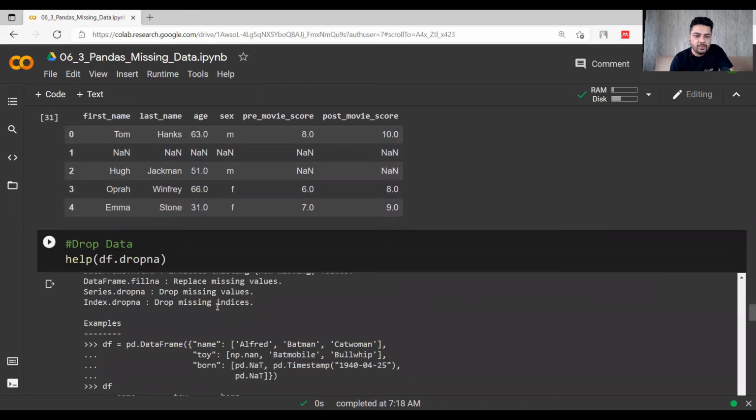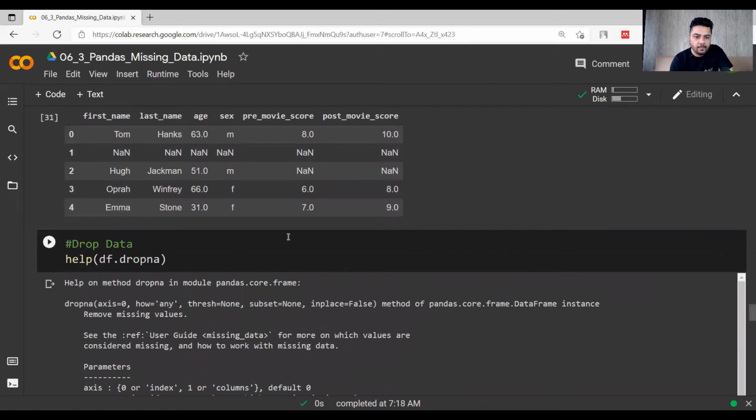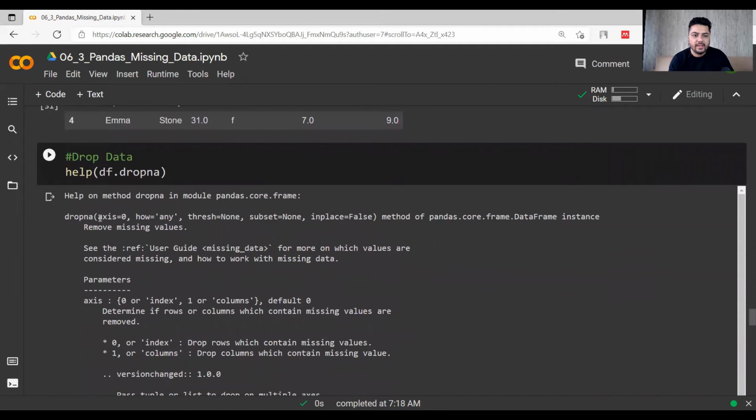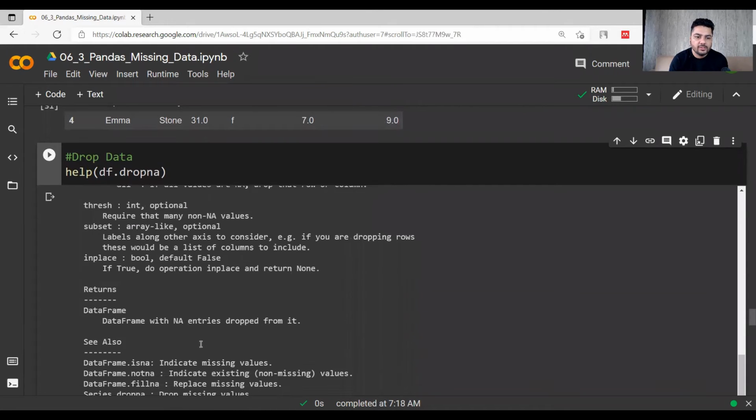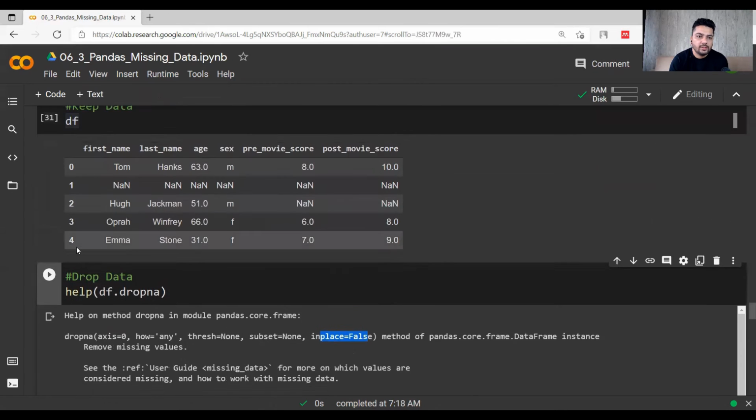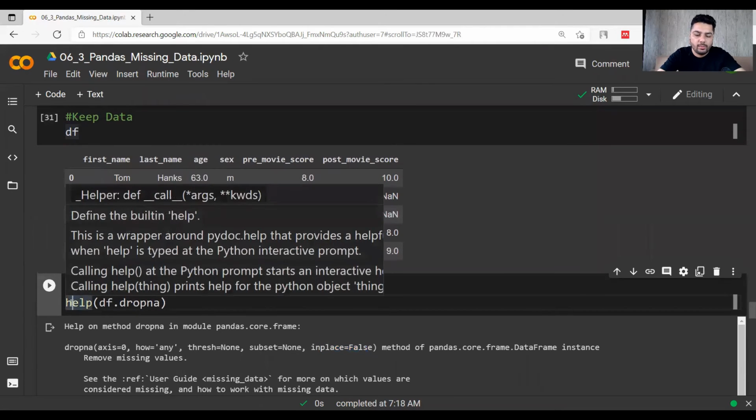Within that there are multiple things we can work with. Within dropna, axis is by default 0, then how, thresh, subset, inplace false. There are multiple things that you can read about in this help function, and you can read it yourself and learn more about this.